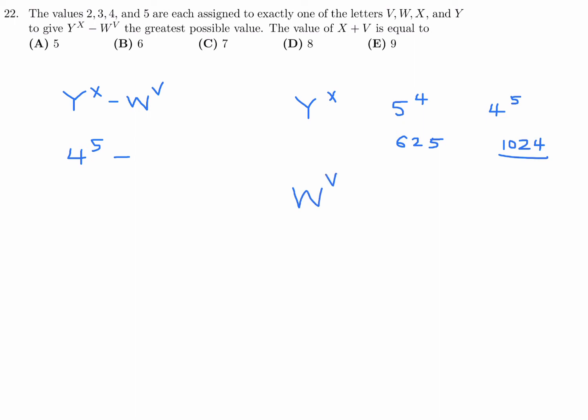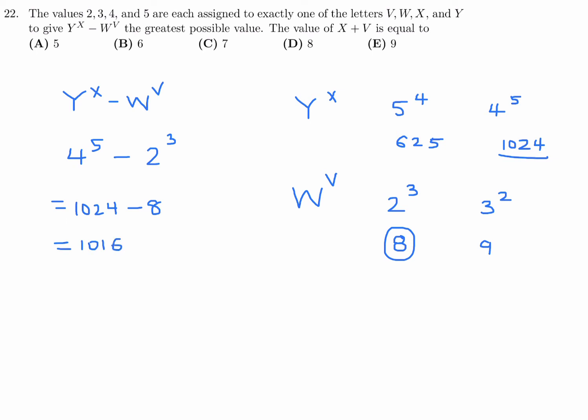I've only got 2 and 3 left because I can only use each number once. So that means either it's 2 to the power of 3 or 3 to the power of 2. This is 8 and this is 9. And remember, I've got to make this as small as possible. So that would be this choice, 2 to the power of 3. And therefore that's 1024 minus 8, which is